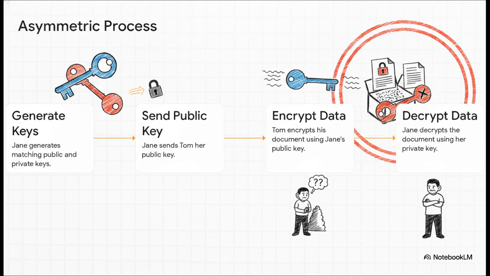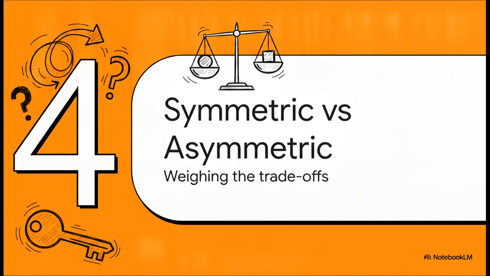The eavesdropper is completely locked out. It's such an elegant and secure solution. Which brings us to Section 4, Symmetric versus Asymmetric Encryption, weighing the trade-offs. You might be wondering, if asymmetric encryption completely solves the key distribution problem, why don't we just use it for